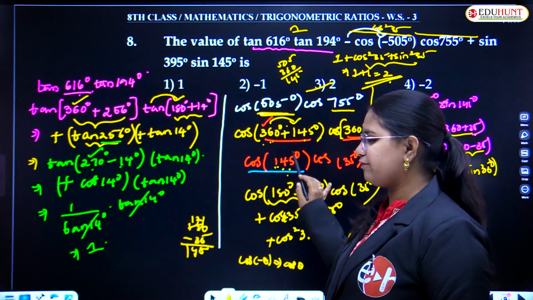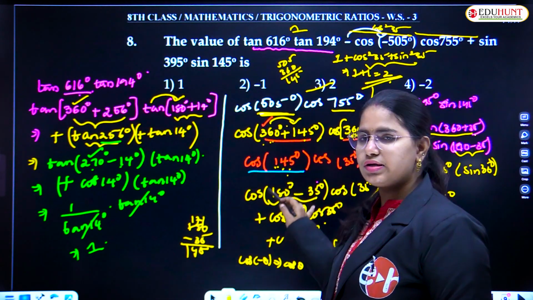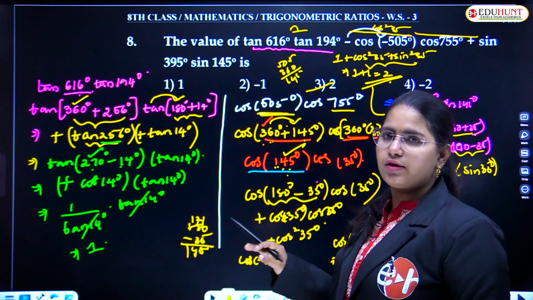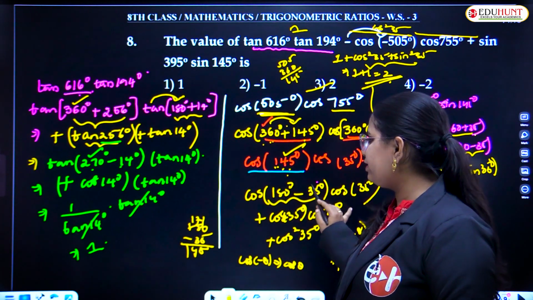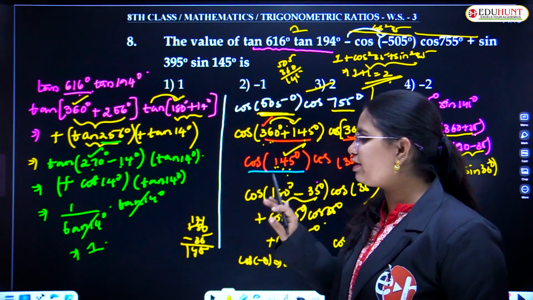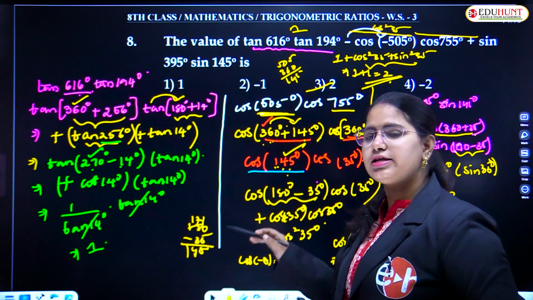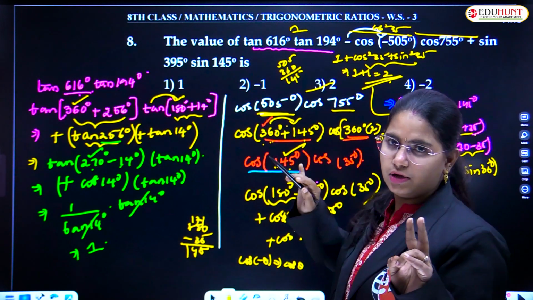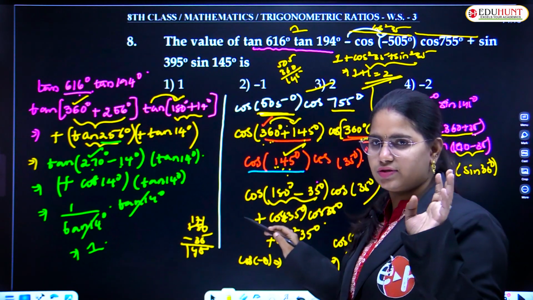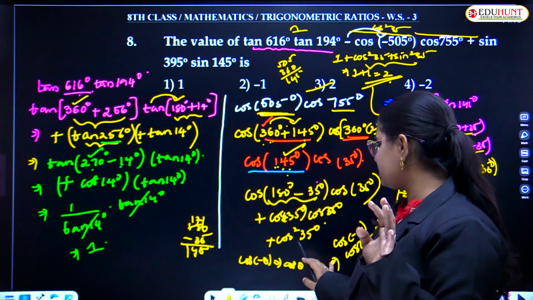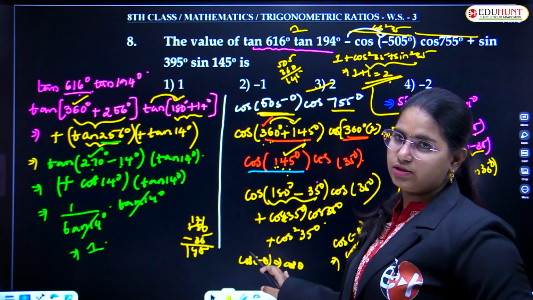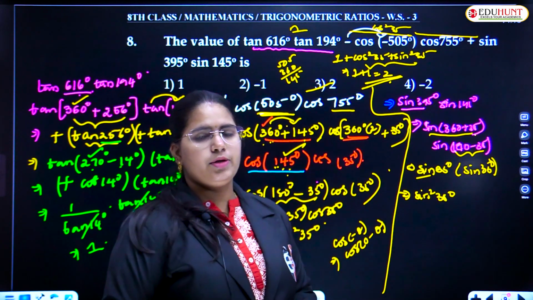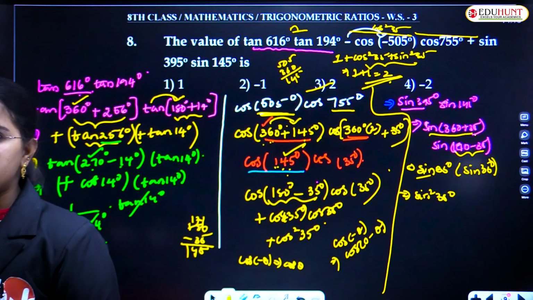360 plus 145. First quadrant, cos is cos. The function does not change as it is an even function. Again 145 is not a familiar angle for me, so I am converting it into 180 minus 35. Somebody will get confused in this. 180 minus theta actually lies in the second quadrant, where cos is negative. But cos of minus theta is cos theta. So cos into cos is cos square 35 degrees. Similarly here, if you simplify this, you will get 1 plus 1, which is equal to 2.